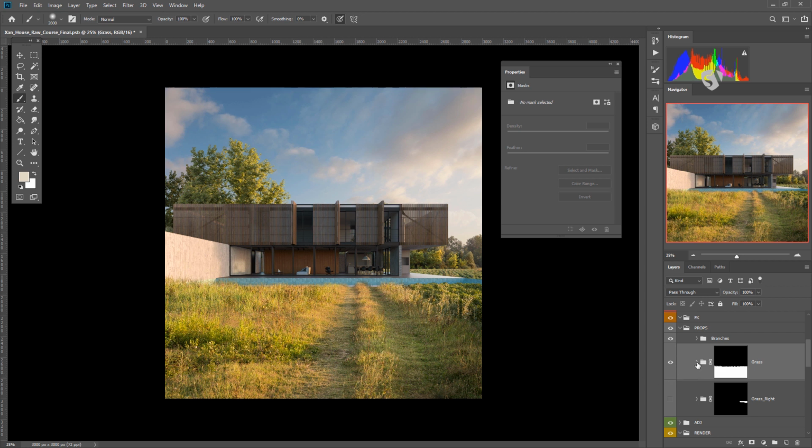But the right thing is to go outside and take your own pictures and keep them with you, and to understand how strong a color should be in this moment of the day, because these photos are probably taken at a different hour than the render. And so maybe we need to add a little bit of red, a little bit of orange on this vegetation here. And I mean, we can do this in another moment, but at least now we have